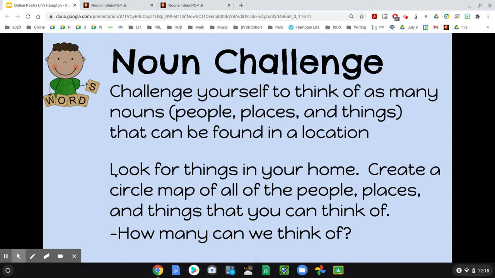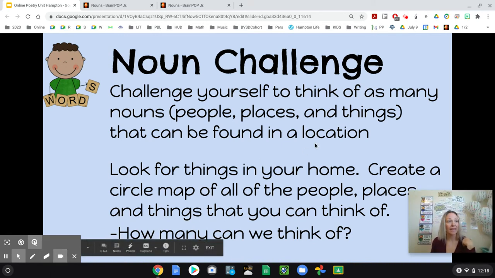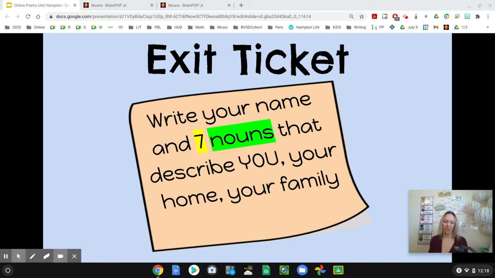All right. So now, Mads, here's what you're going to do today. You are going to think and you are going to create a noun circle map for yourself. And I'm going to show you what that is going to look like. One of the things that also came home with you was a list of these thinking maps. We're going to use these in our reading, in our writing, and everything else. So it's this pack. If you don't have this pack with you right now, go ahead and grab it real quick and then pause this video.